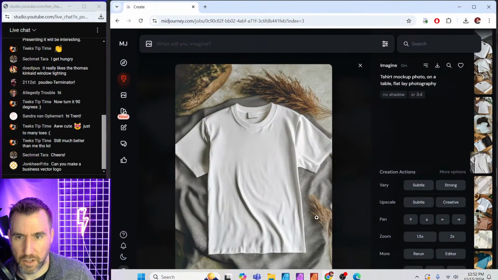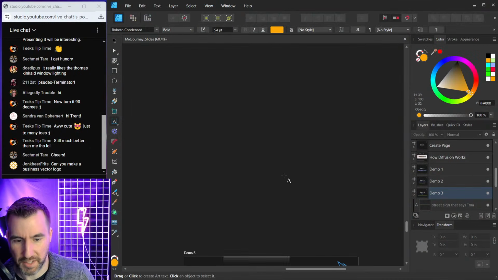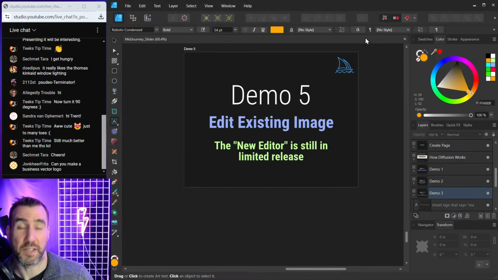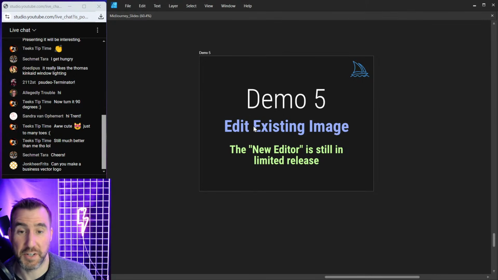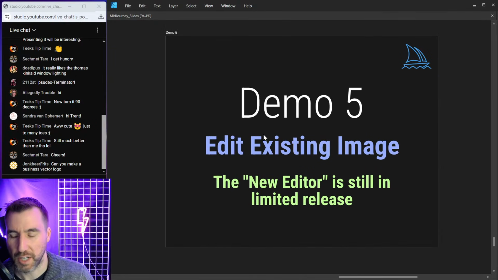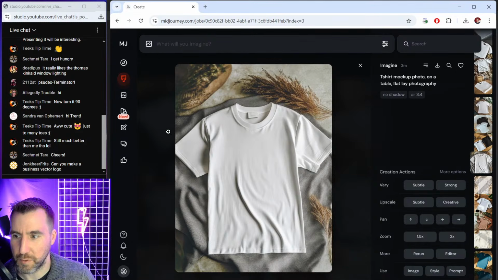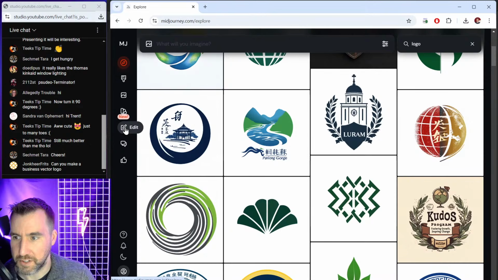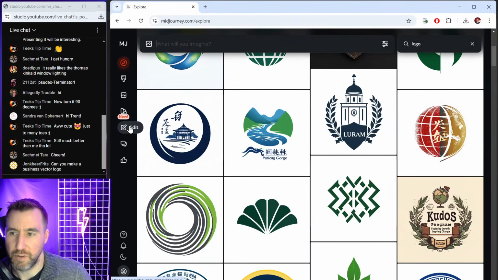Now, one of the big additions that was done recently is modifying an existing image. That's a major thing that people wanted. So let me show you how to do that. This is basically you take an image that you already have, you upload it, and you do inpainting, or you fill in some area of it. And this is going to use the new editor, which isn't available to everyone yet, but it's this button here. Let me go back to the main page. This edit button, they're slowly rolling it out because they're changing the way that they are editing things. But if I click this,